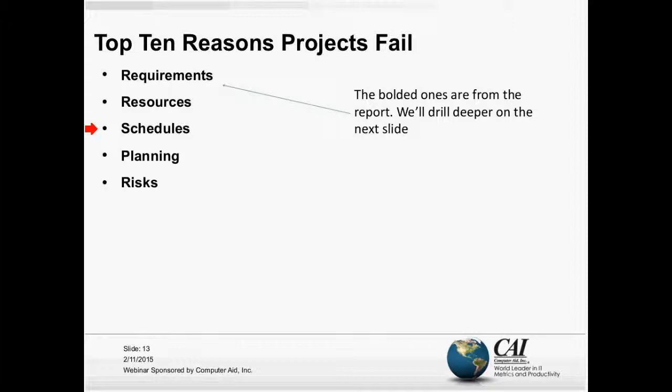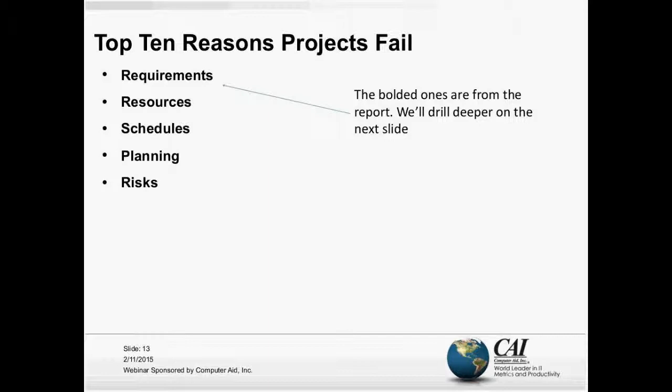Planning. I'll go back to the Project Management Body of Knowledge. It has 47 processes. 24 of them are in planning. What's the message there? More than half of the processes are in planning. PMI is not saying spend a month on planning, but at least spend some time on it before you execute. It's kind of like telling the architect, build my house and don't worry about a blueprint.